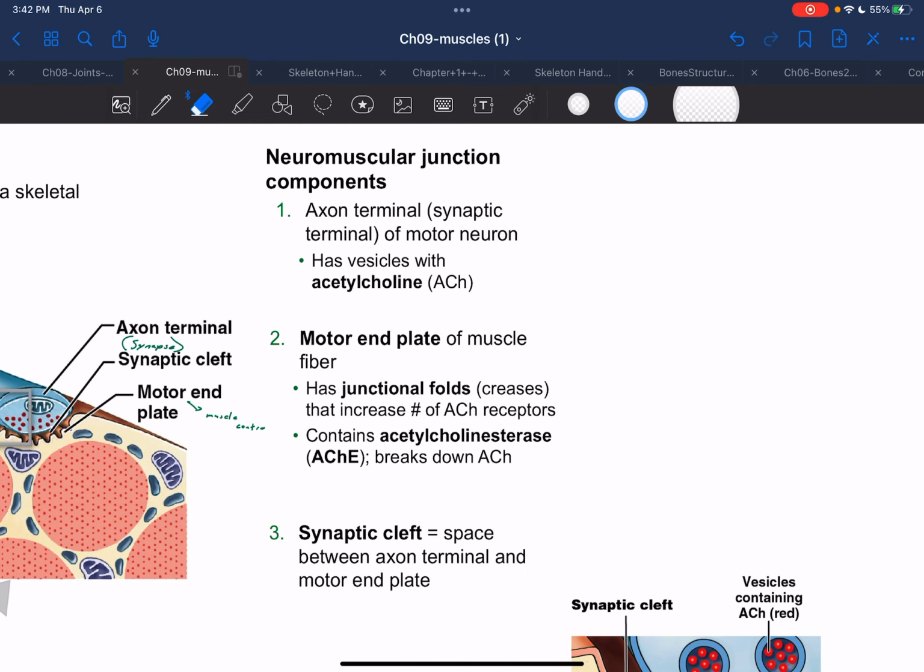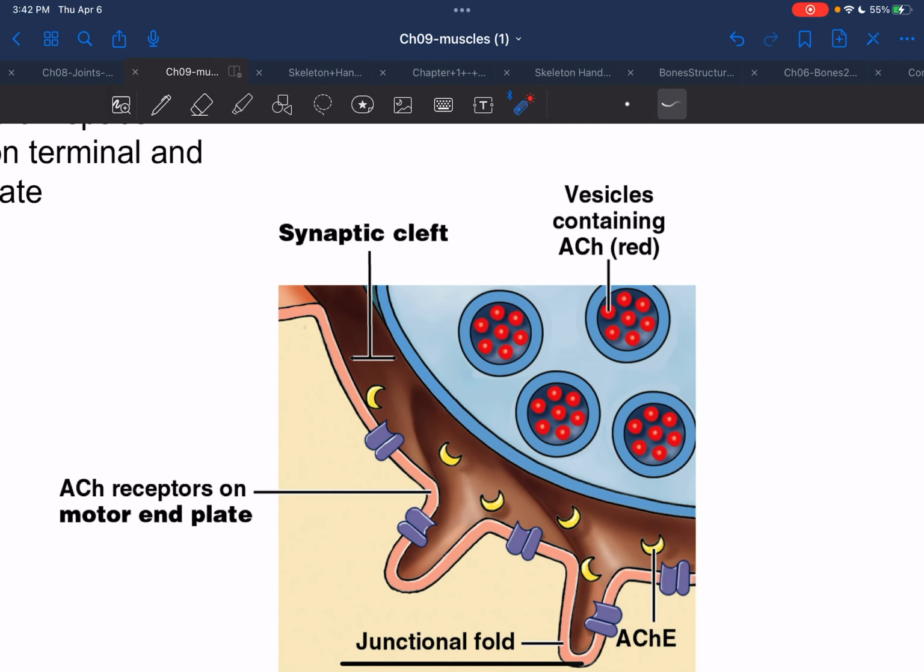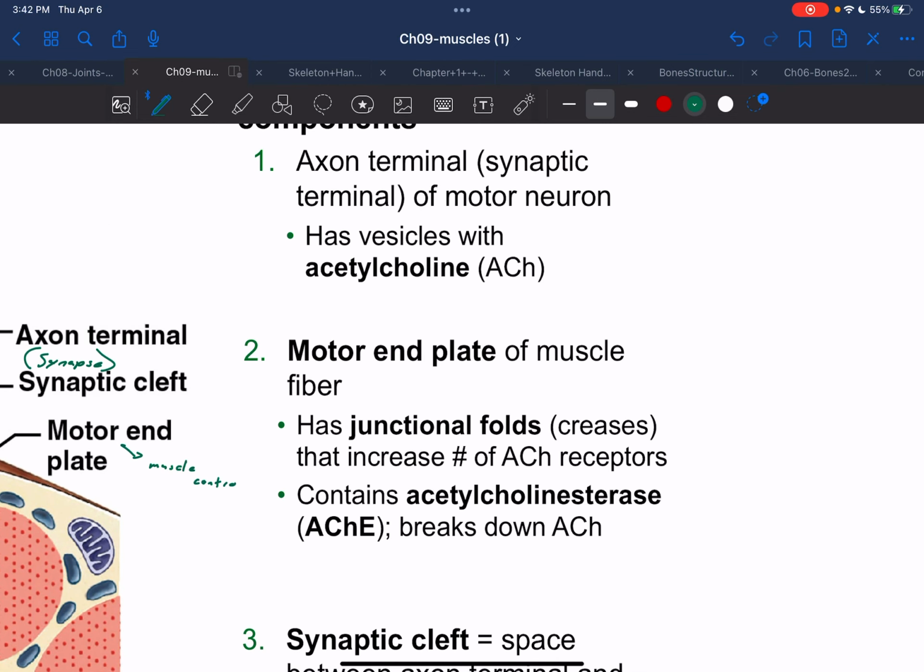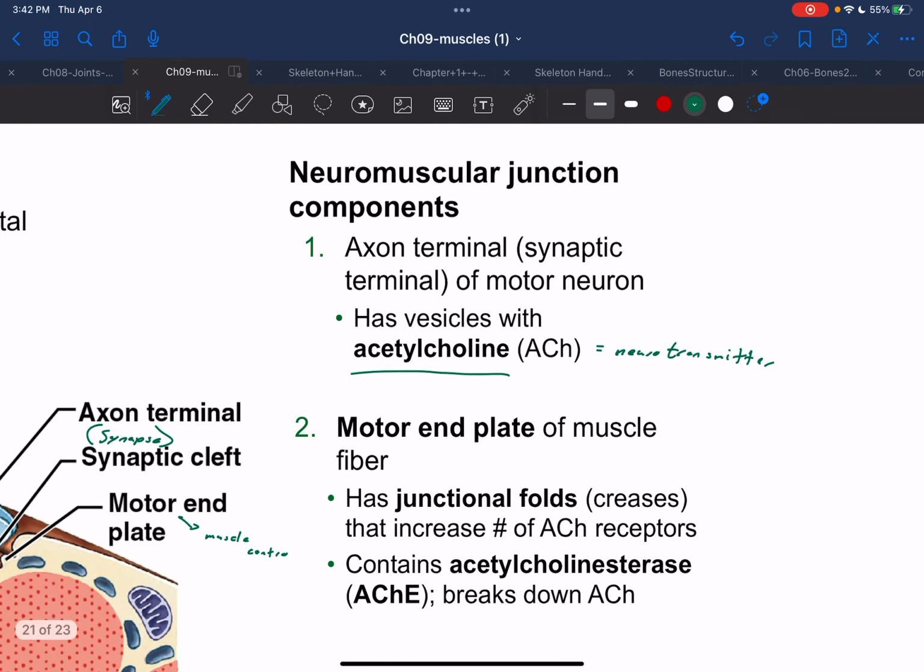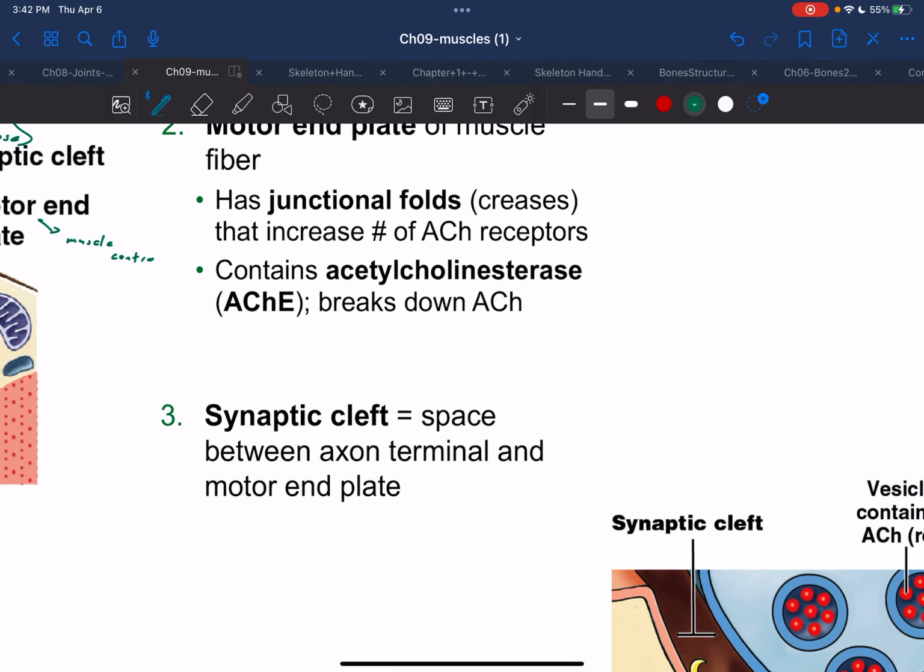Now, what causes it? When we zoom in on that synaptic cleft, right, that little space here, within the axon terminal, there are vesicles that contain something we refer to as a neurotransmitter called acetylcholine. Reading for you up here. Acetylcholine. And this is considered a neurotransmitter. The motor end plate